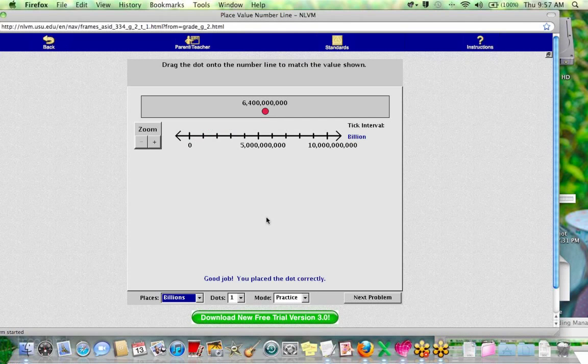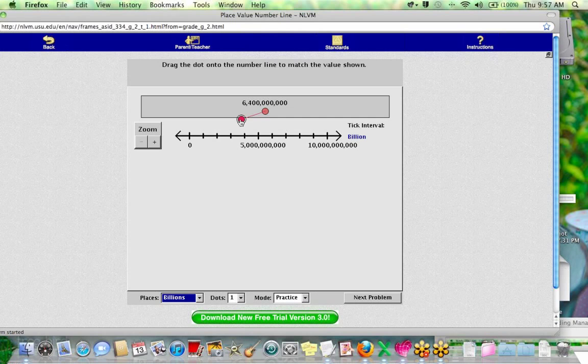We're in the billions. This is somewhat challenging, but not too bad. So look closely at the graph. We have a 0, and then of course it goes all the way up to 10 billion and 5 billion in the center. So who's a brave soul and wants to place the dot? Oh my goodness. All right, we'll take Jack again, then I'm going to start calling on new people.